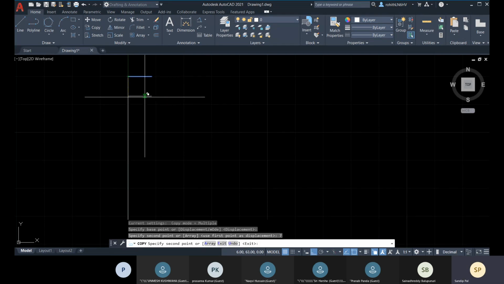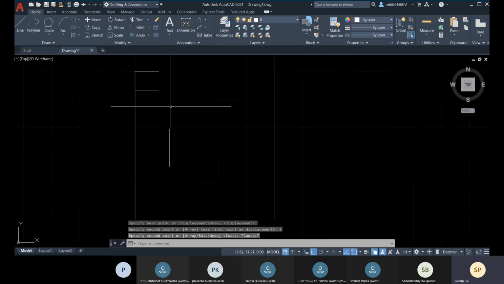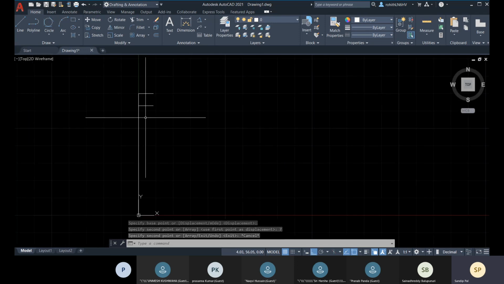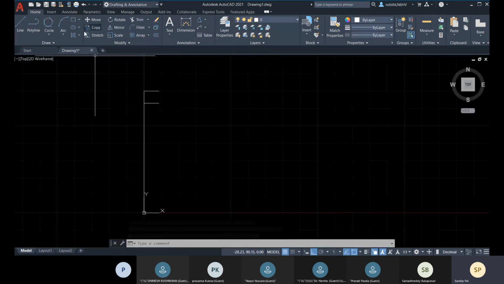And with this copy, it will always calculate from the base point. So for the next one, you have to add. The next distance will be like 7 plus 2.5, so 9.5. This way you have to keep adding. But this can be difficult. I have to add all the values every time. So I'll not go with this copy.